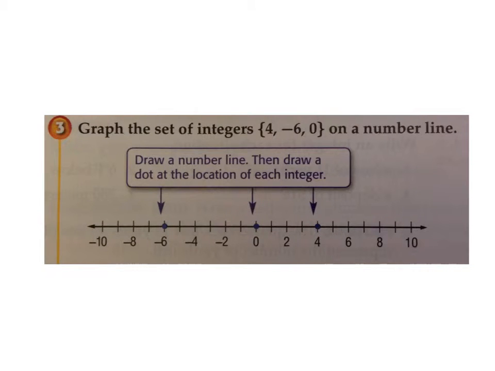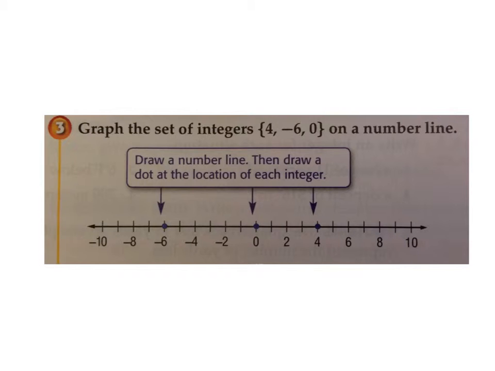Today you'll be asked to graph a set of integers. You can see here we have 3 integers. We have 4, we have -6, and we have 0. To graph a set of integers, we just place a dot on a number line where they belong. 0 is neither positive nor negative, so we find 0 on our number line,